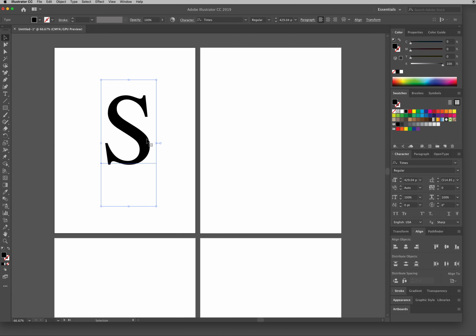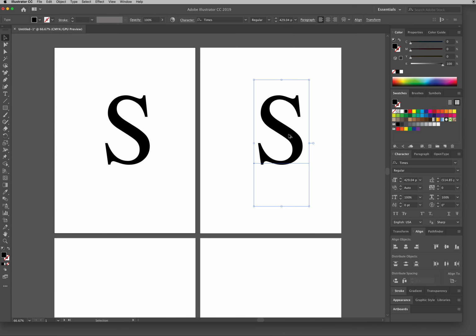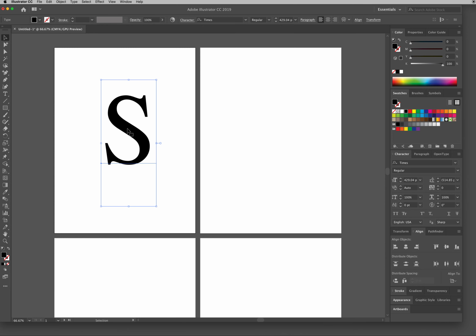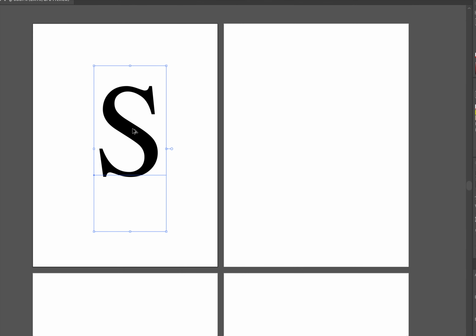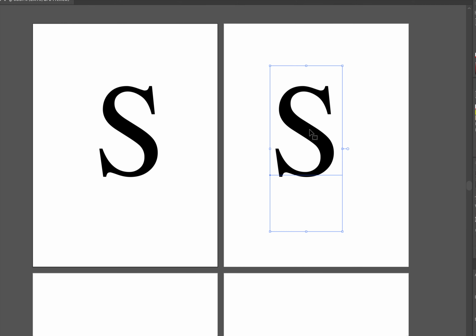A way that I like to duplicate objects and keep them aligned is just by hitting Option and then clicking and dragging them. Okay, if I hit Option on the keyboard, watch what happens to my cursor. It gives me a little white arrow by that black arrow, and that's telling me that it's going to duplicate it if I move it while holding down Option. So I'll hit Option, click and drag, and it duplicates it.